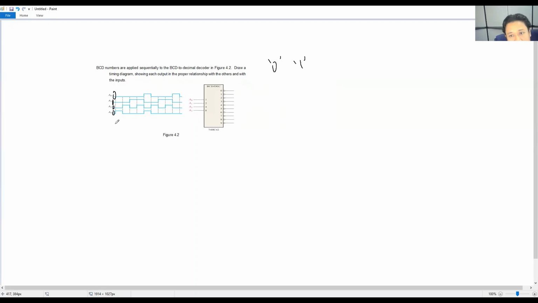So the 0 will be first. 0, 0, 0 will be 0. So here it will be activated. Activated is 0. This one is 0. 0, 1, 1, 2, 3, 4, 5, 6, 7, 8, 9. I just follow this one. It's quite tough to draw following the pin, so I just draw this here. Alright, so next